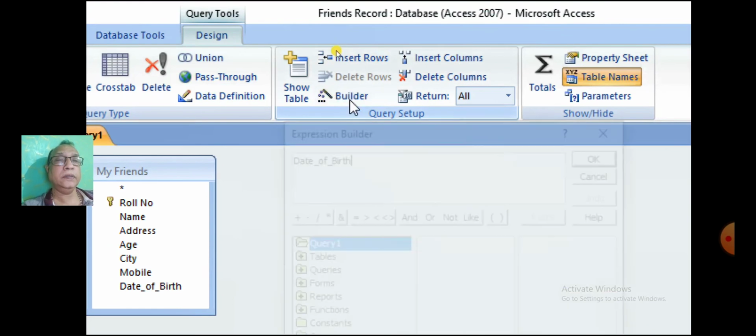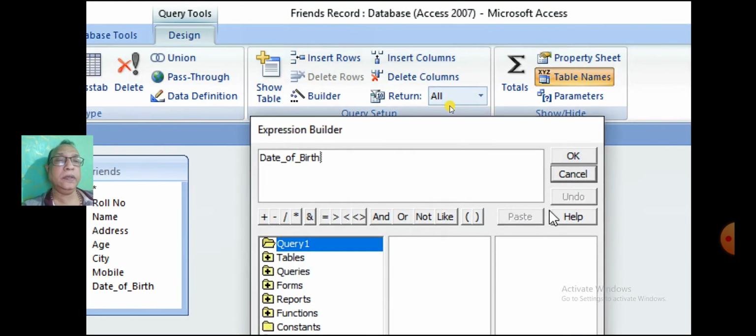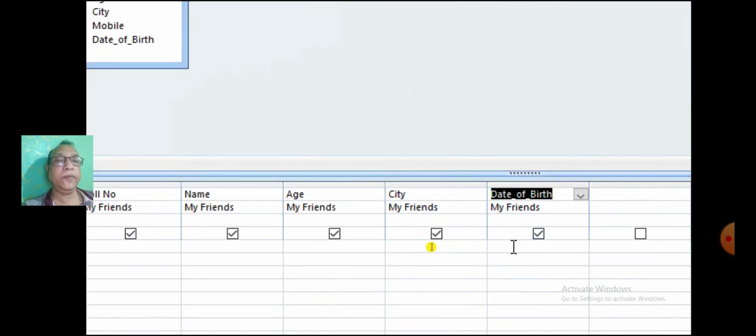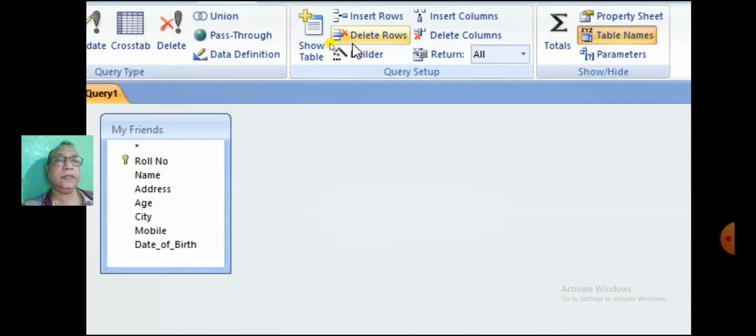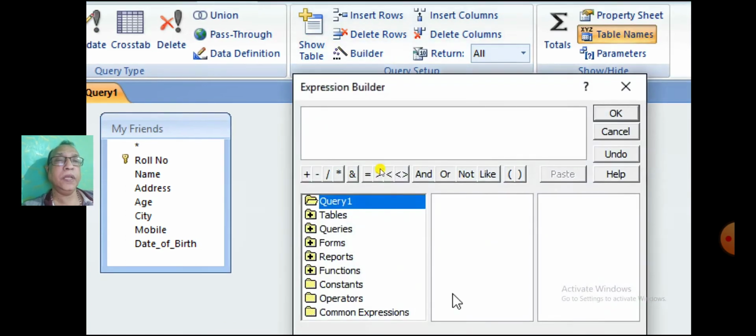Place your cursor in front of criteria under the field name date of birth, click on Builder and start writing Month of the field name date underscore of underscore birth and close the brackets is equal to the square brackets, enter the month number.